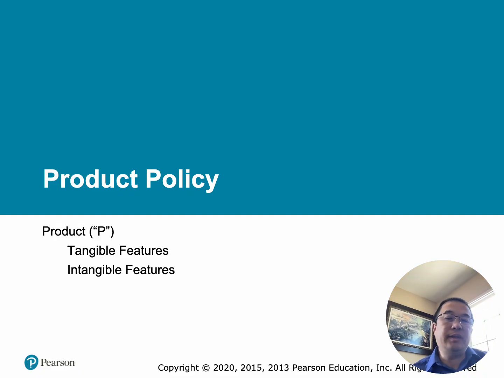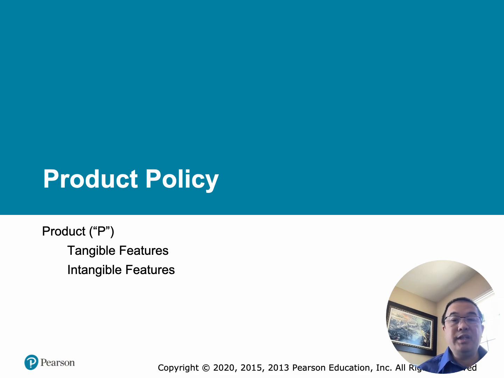So number one, tangible features. These are the physical characteristics of the product that customers can see, touch, or use. As an example, for a smartphone: the screen size, camera quality, battery life, weight, color, and packaging. For a car: engine size, fuel efficiency, safety features, and interior design. As an international example, Coca-Cola often changes bottle sizes, packaging, and labeling language to meet local market preferences.